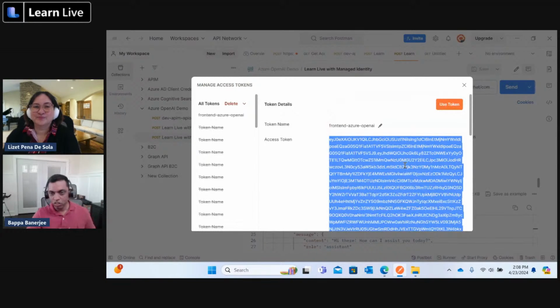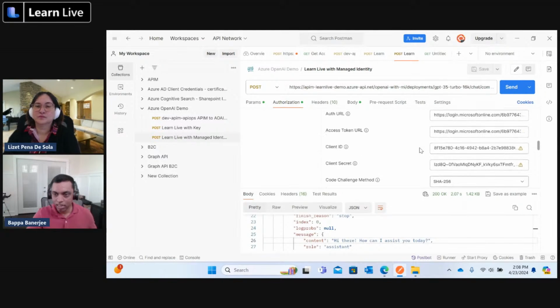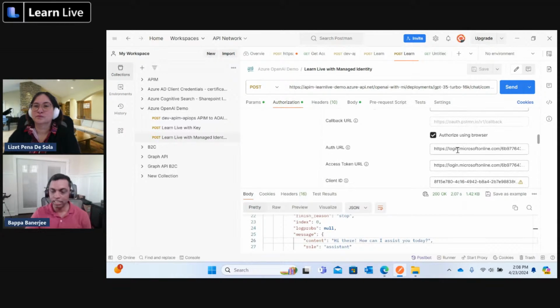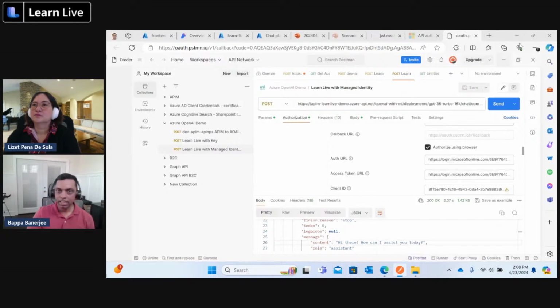That is right. So you see that it goes to login.microsoftonline.com, which redirects to this URL, to get the access token. I'm already signed in, and then it signed me in using my ID, and then just passed the user token here to Postman. And if you see this,